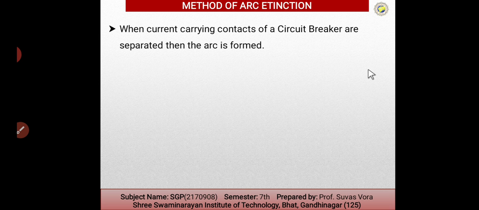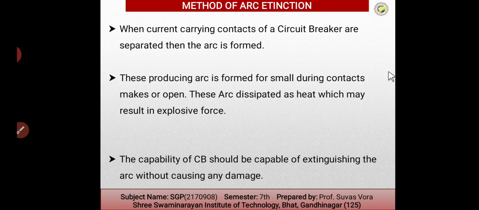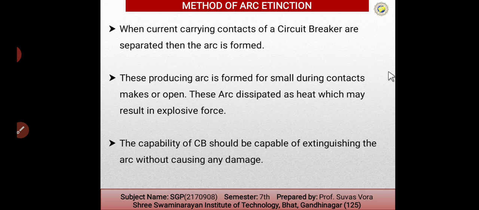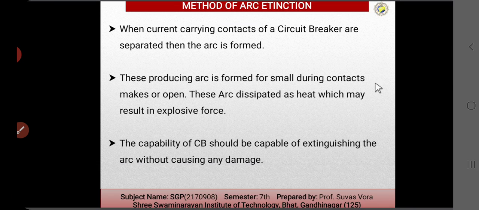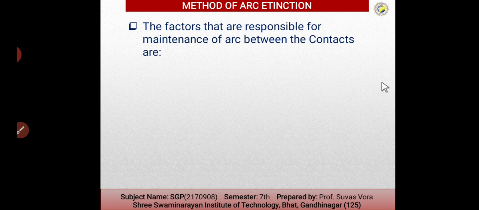then this arc is formed, and this arc is formed for a small time during contact make or open, and this arc dissipates as heat which may result in explosive force. So the circuit breaker should be capable of extinguishing the arc without causing any damage. So the method of arc extinction: the factors that are responsible for the maintenance of arc between the contacts are